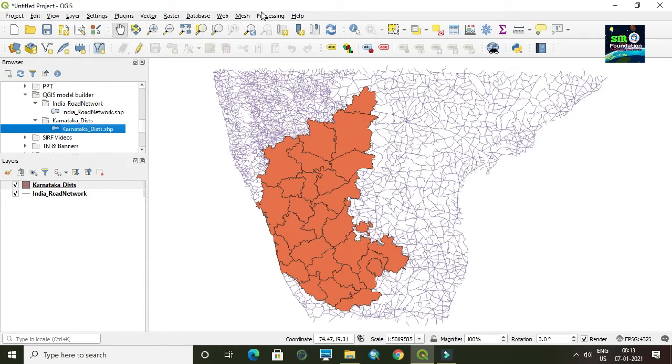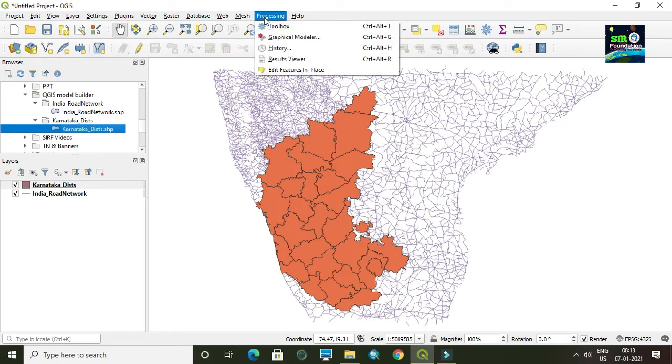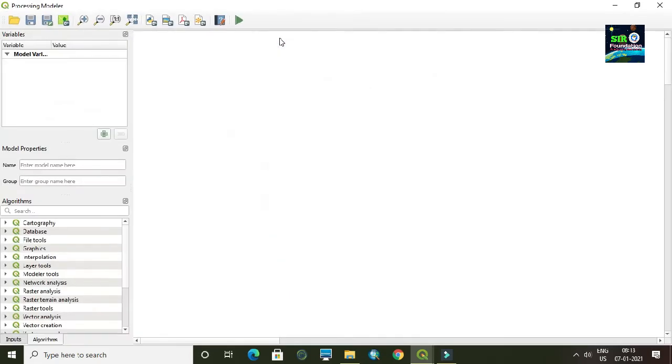So let's start. Here you will see the processing toolbar over here. Just click on it, then go to graphical model builder. Here you can see the window of graphical model builder. First of all, you have to give some parameters, the name and the group name for your model properties.